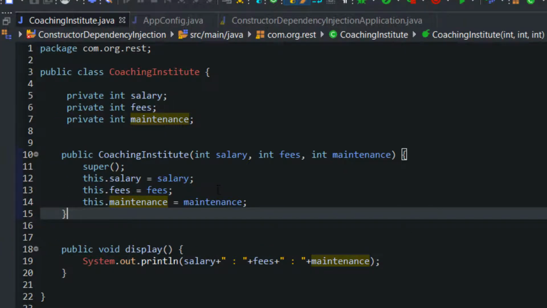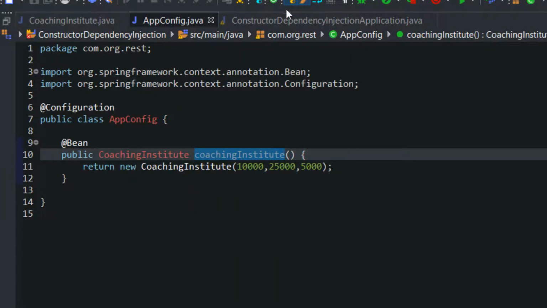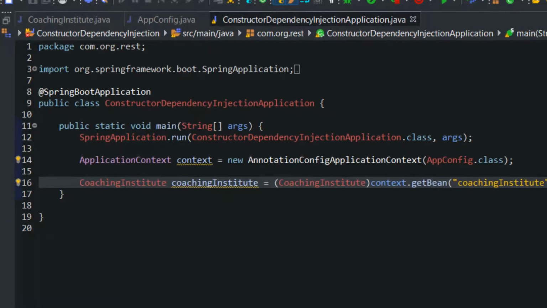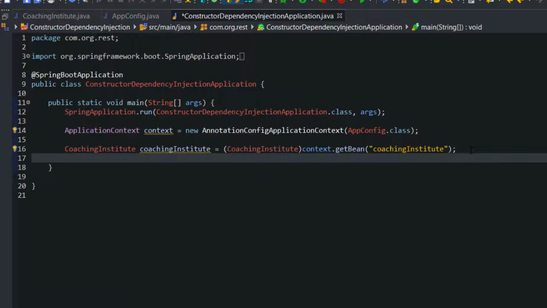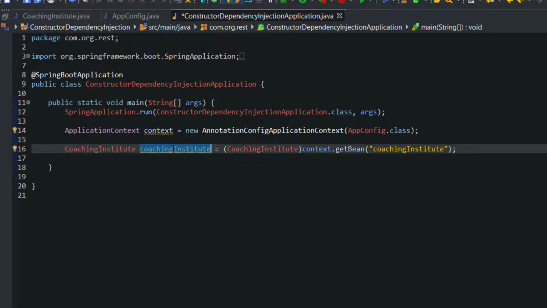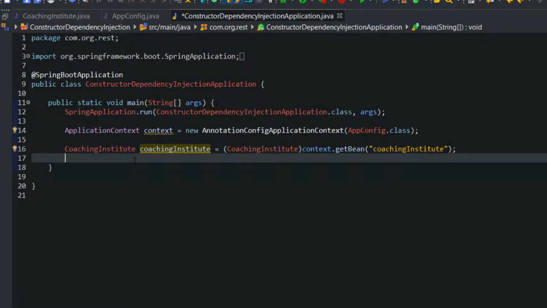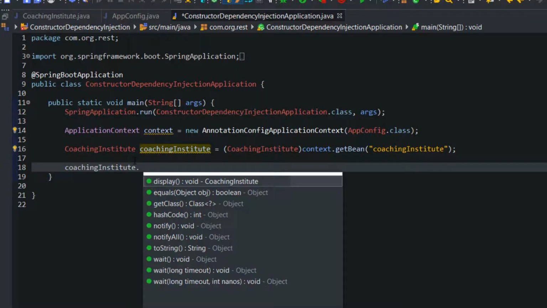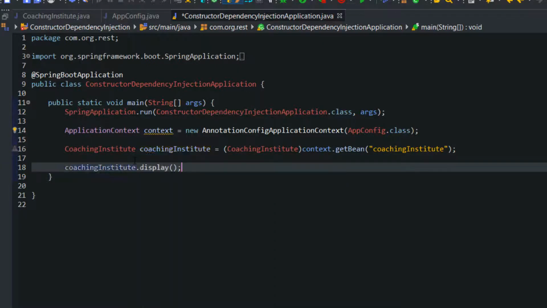Now I am going to call this display method in our main method. So what I'm going to do, coaching institute dot display method.